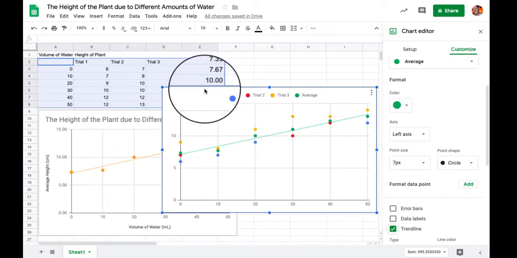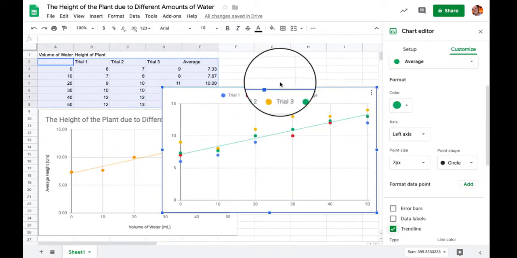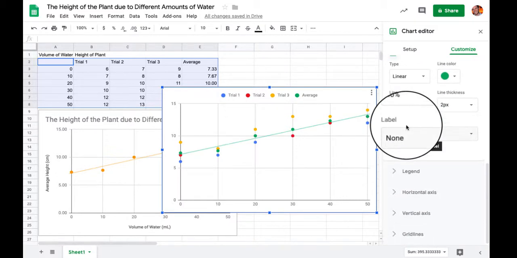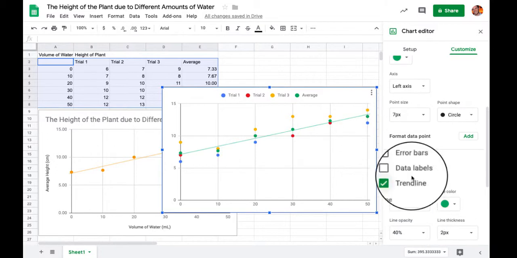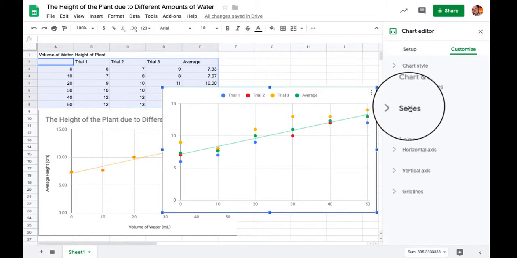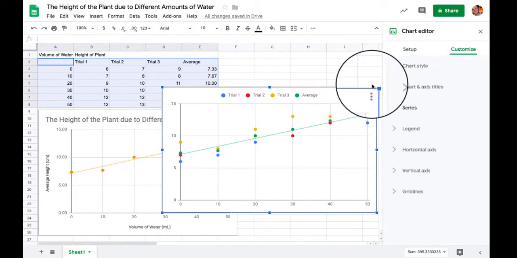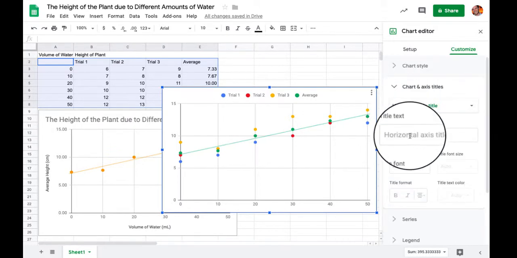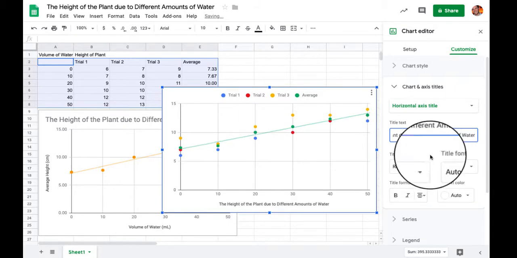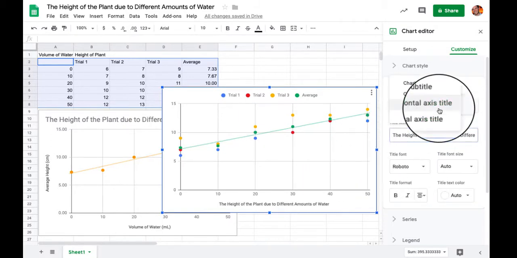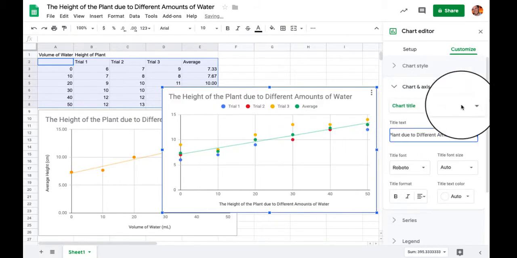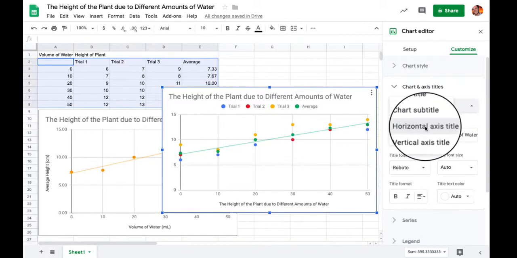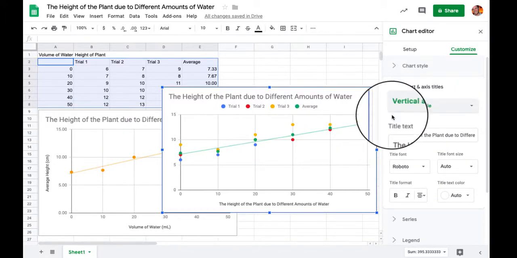Don't forget to do what we did before by adding a title and axes. You can see that in the chart editor over here, there's a place to add horizontal and vertical axes, and then there is also a place for a title. So chart and axes titles. This would allow you to add whatever title you would like. Again, we can add the same title as before, and that's the horizontal, so we don't have to apply this to the chart title up at the top. And you can select to get your horizontal axis. You can add volume of water just like before,